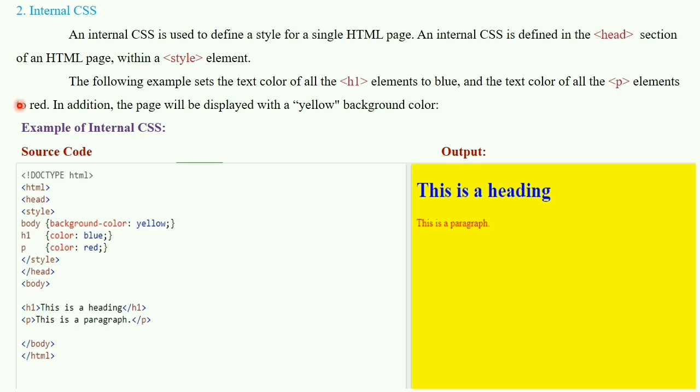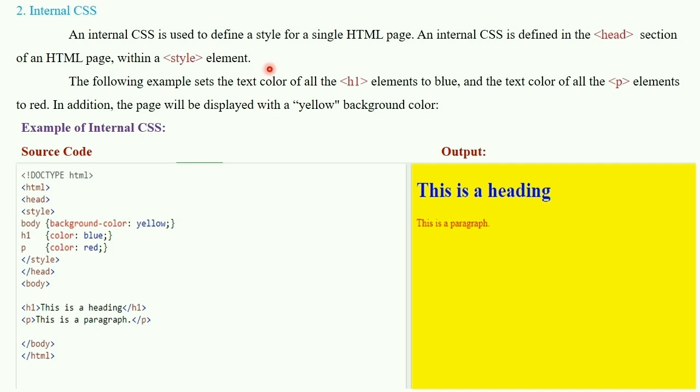Next, second type, internal cascading style sheet. An internal cascading style sheet is used to define a style for a single HTML page. An internal cascading style sheet is defined in the head section of an HTML page within the style element.